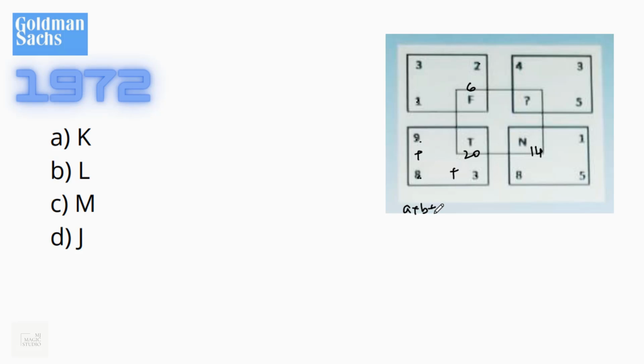So A plus B plus C is giving us the missing element of this particular square box. So 8 plus 5, 13 plus 1 is 14. Set. 4 plus 3, 7 plus 5 is 12. We need the 12th alphabet, and that should feature here. And the 12th alphabet is L, that is in option B. L should come here. So the puzzle will be fitted with the concept of A plus B plus C being the member of the inner square.